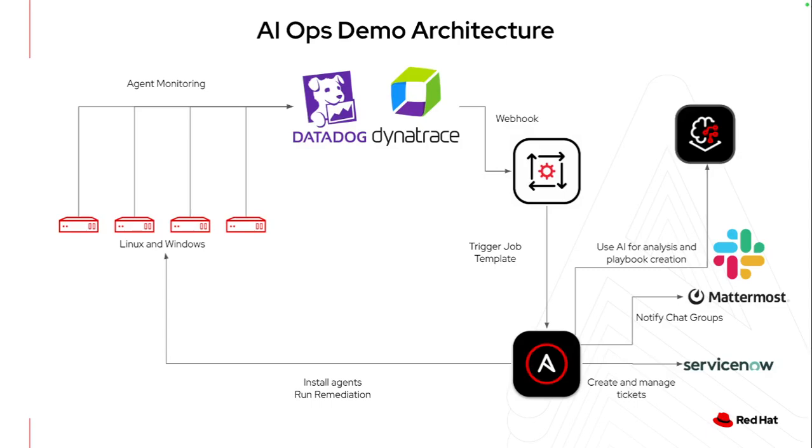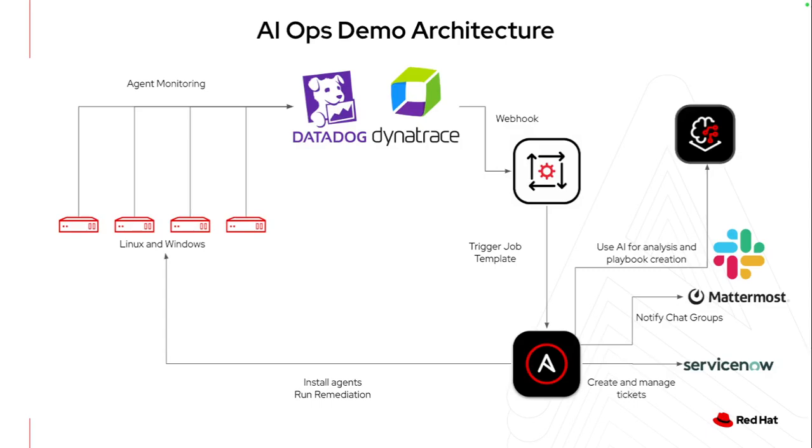I leverage Ansible to do that initial installation of all the agents: Datadog, Dynatrace, Prometheus, and Alert Manager, whatever monitoring solution that you want to use. When they detect an issue, in my case, an Apache web server issue, that's going to trigger a webhook into my event-driven Ansible server. And then that will also cause my larger workflow, which will go through the process of gathering the logs on the affected virtual machine, sending that to my AI tool, in my case, RHEL AI, to do that root